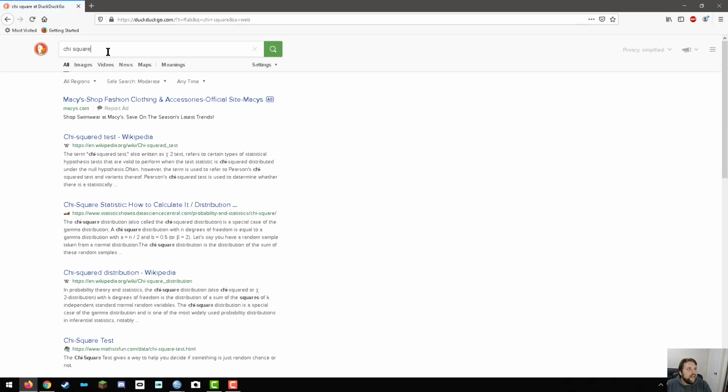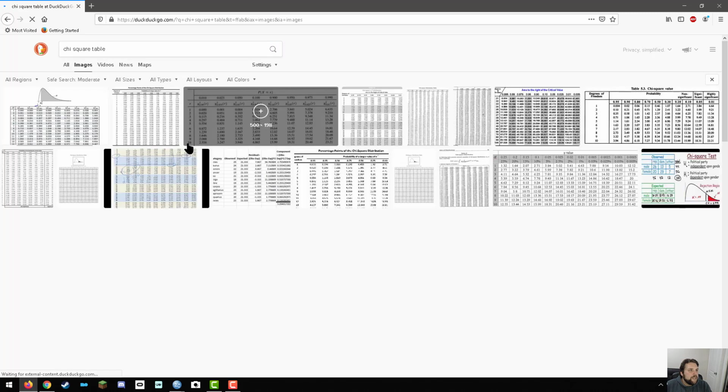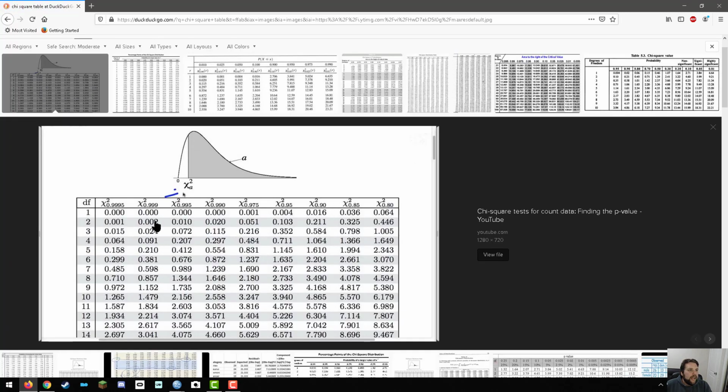We can look at a chi-square table under images here, and based on our confidence level and our degrees of freedom, we're able to see what the critical value is